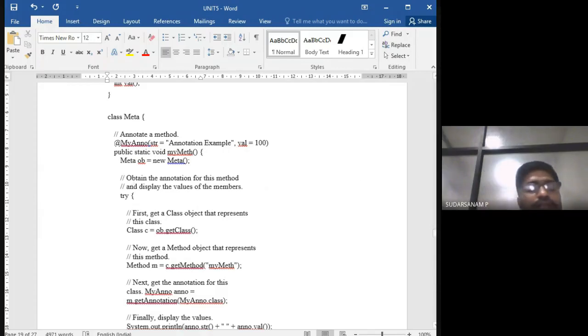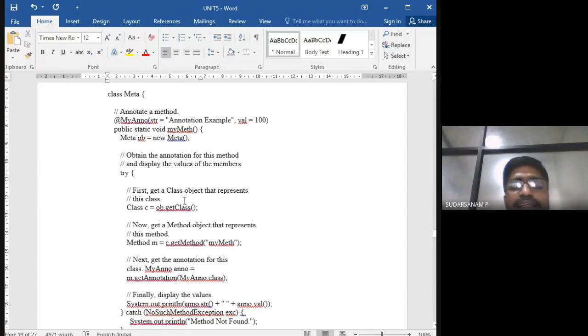Right. So here, class C is equal to... within the try and catch method we have written. Try catch, you know how to utilize it, I hope there is no need to tell it. The first one is nothing but getting the class object representations. That's what I told you: get class, get method, and the constructor. How will it be working? How to create that one? We'll see it. So now create the object for the class: C is equal to ob.getClass.